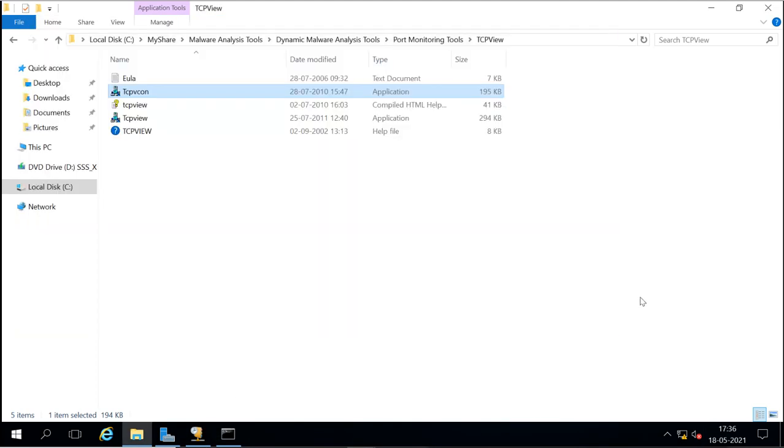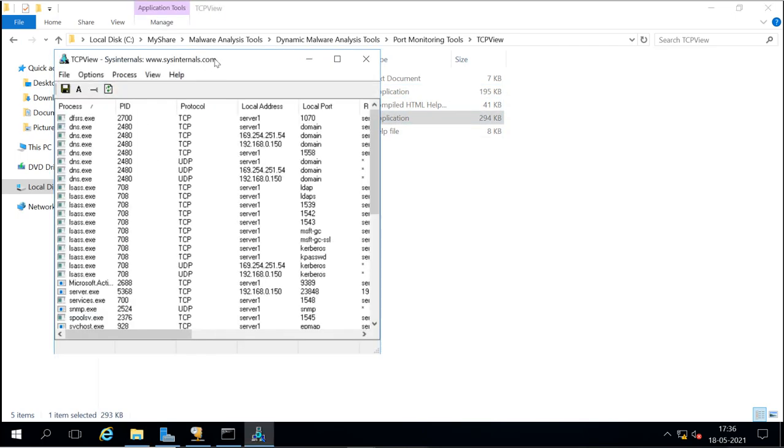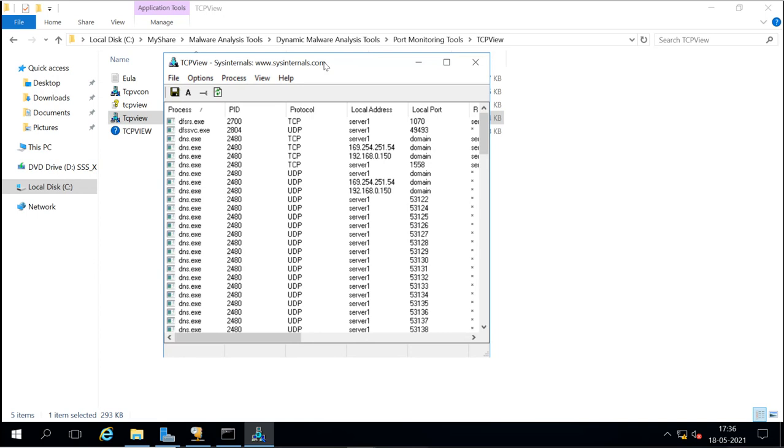And that was actually a command line tool. We'll go for the graphical one. The command line one was executed and just disappeared.